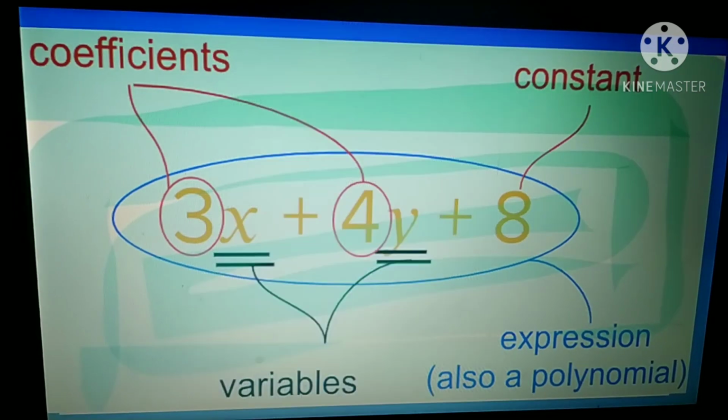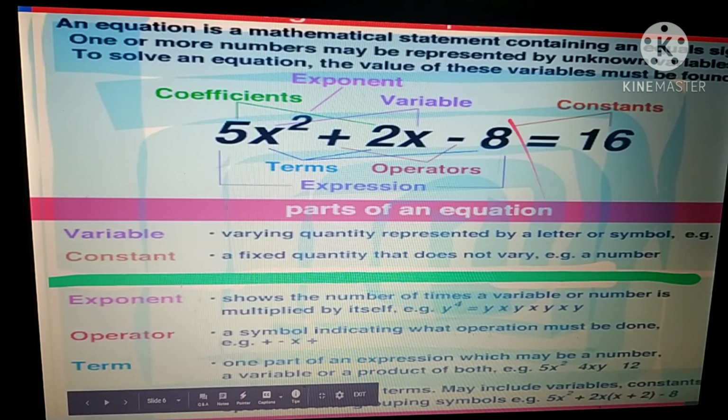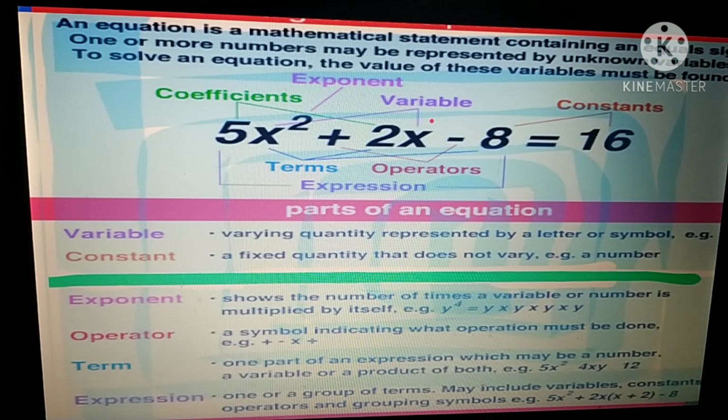Now see, in the previous examples also, you can find this power. See this one: 5x square plus 2x minus 8 equal to 16. In the whole equation, what is the power of x here? 2. Here also the power is only 1, one time only repeated, nothing here means x power 1 only. Okay? The highest power is 2 here. Highest power of x means 2 here. Okay? Understood all these things?